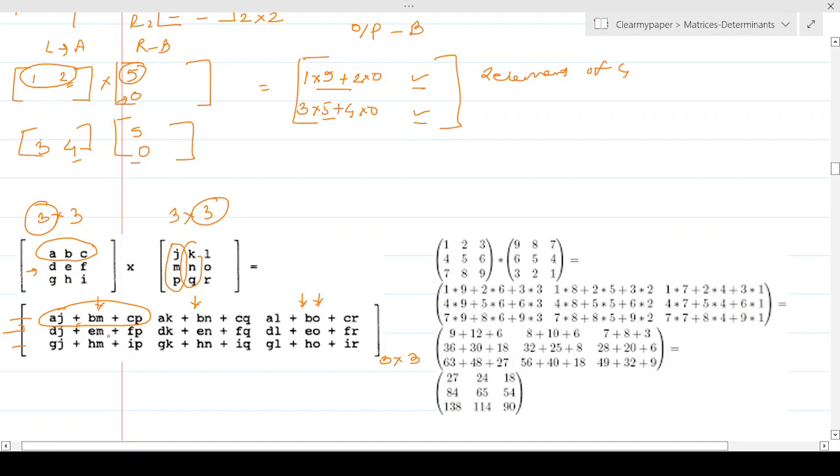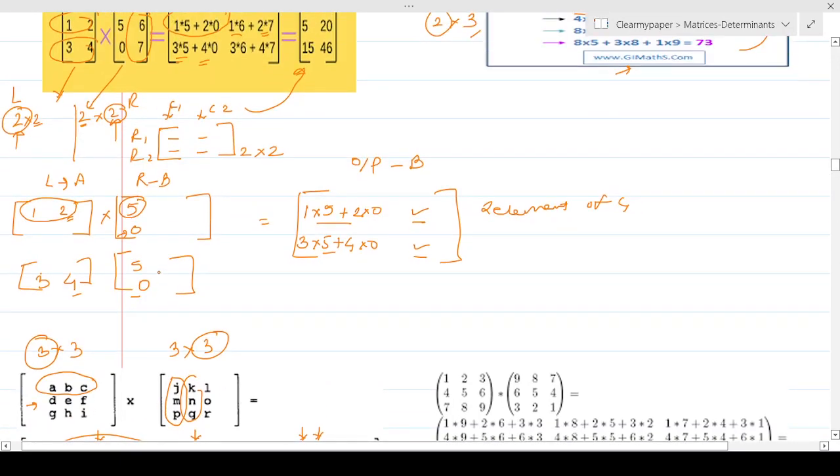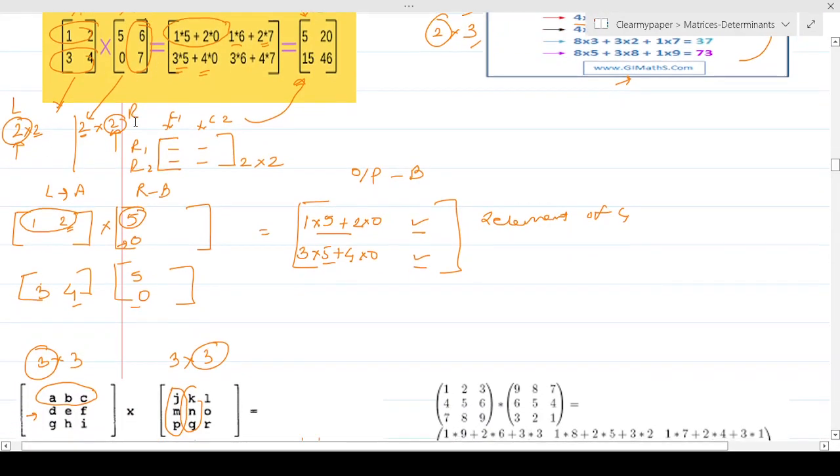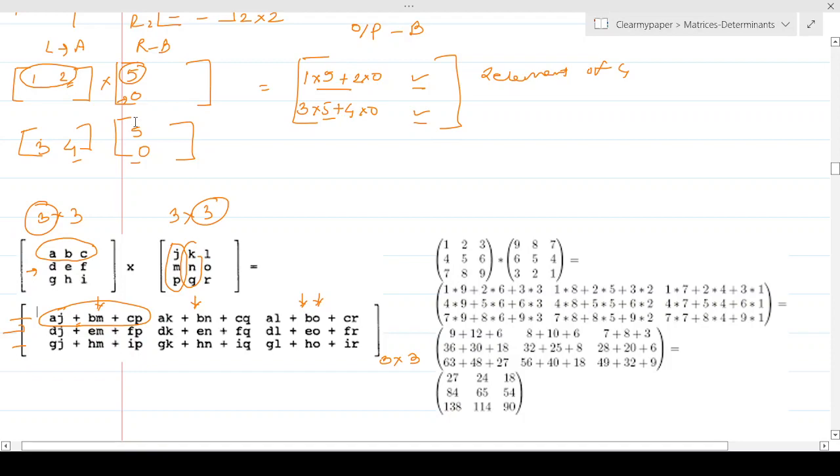For everything, you will have either the row or column constant, and the rest of the things will change based on what elements you take. In this example, if you're trying to fill it out this way, the way the example has shown, it's keeping the row constant and it's changing the column to find it. In the example that we took, we did the other way. We kept the column constant and we went with the row. It doesn't matter, but you should plug back the numbers properly into the final matrix, which is a 3x3 matrix,